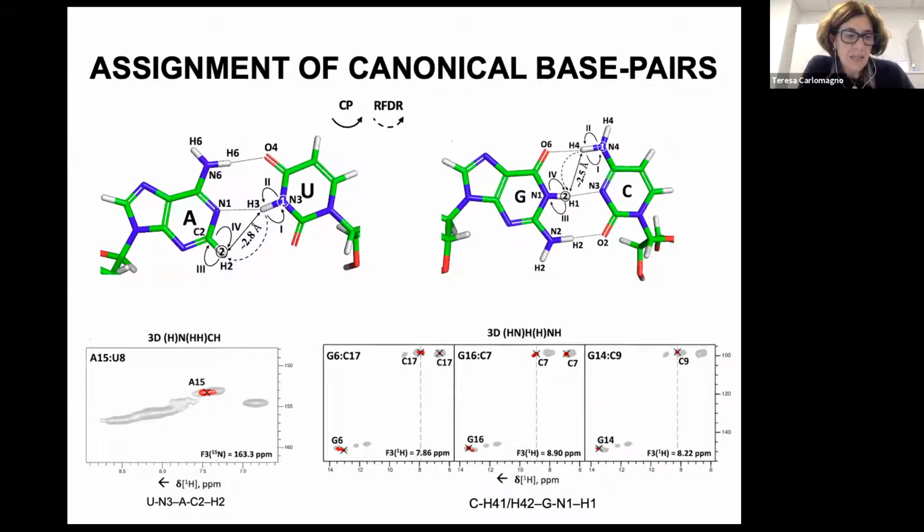You can also estimate it as in the solution state way, by estimating the intensities of the peaks, but then you still need to know the gamma 2 of the nuclei that are involved. And this again needs a lot of time and attention to measure. The other thing is that you are never sure that you really only have a direct carbon-carbon transfer. It is also possible that you have leakage to other carbons. This is something you need to consider, and it makes your quantification not completely correct. Because of all these reasons, we decided not to do a correct quantification, but use